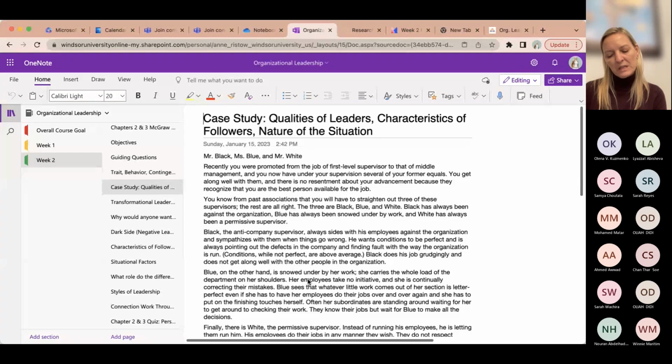So that would cause you to really connect to what strengths you had as a leader to be honored with this middle management position, and what areas are you still growing and developing in that you may be able to learn alongside in a way with these three, or the strengths that you have that will help you to manage them in a different way than they had been in the past.